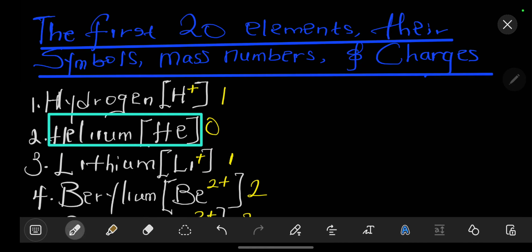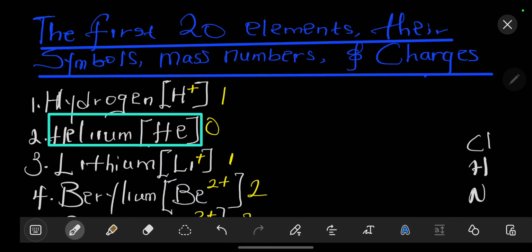However, let me clear the air before I move into this. There are a few exceptions. There are a few elements among this top 20 that don't follow this rule I just said. One of the elements that does not follow this rule is nitrogen. The other one that doesn't follow this rule is hydrogen. And the other one that doesn't follow this rule is chlorine. And I'll show you why they don't follow the rule. For example, now,